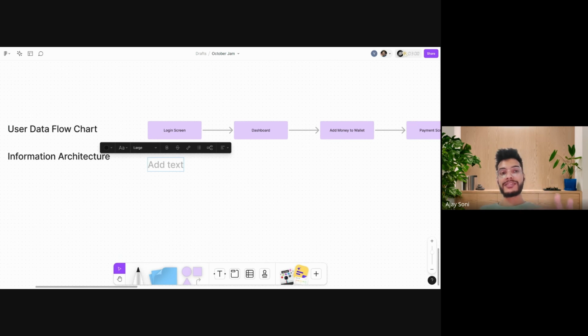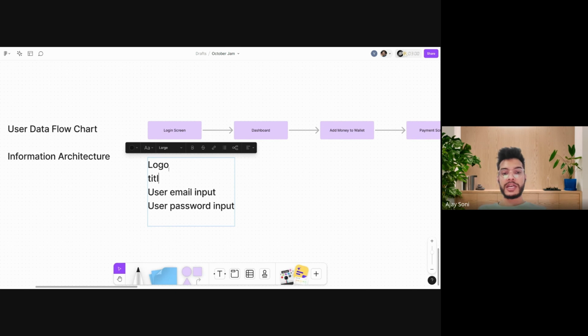What are the things that we are going to show on our login screen? We are going to mention them here only. So let's say a logo first. And a user email input. Second, a user password input. Then a screen title, for example, instead of login, sign in slash sign up.